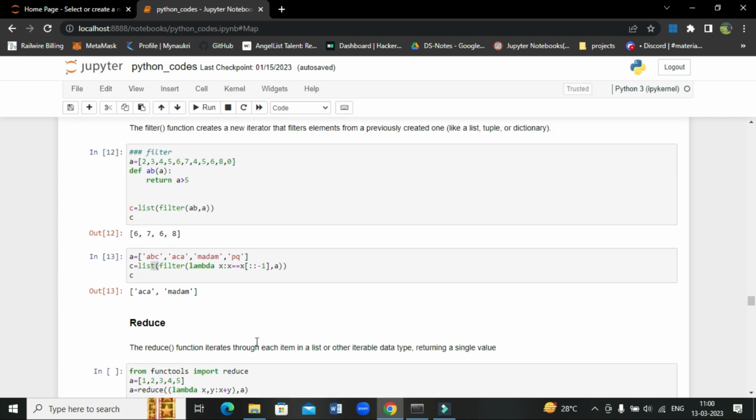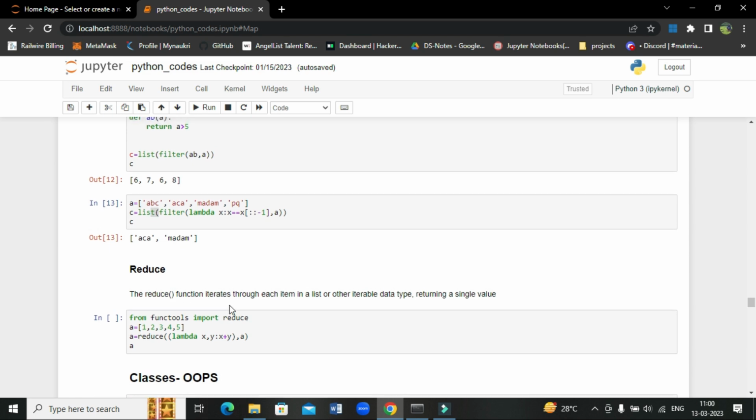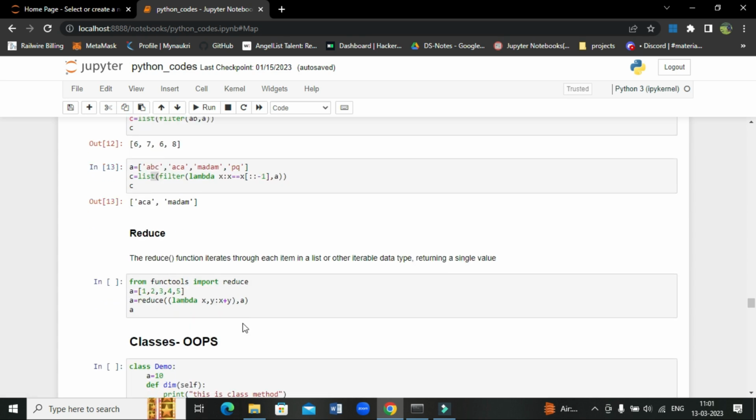Okay, next is reduce. Basically the reduce function iterates through each item in a list or other iterable data types, returning a single value. So in case of map and filter we got multiple values, but in case of reduce we will get only a single value. This is how you import it: from functools import reduce. Okay, so we are creating a list a, then we are reducing it using a lambda function, that is, lambda x, y: x plus y. That means 1 comma 2 gives 1 plus 2, so we are adding every